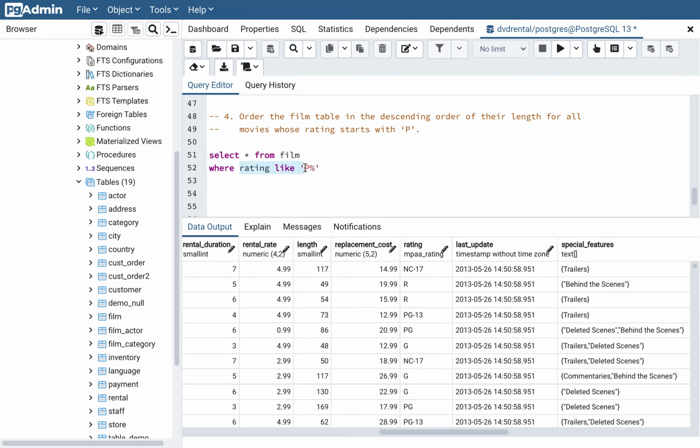And when we are writing this, we are trying to apply a regular expression to filter out the data. It is not able to identify because of this data type. So what we'll have to do is we will convert the rating column as a character column. So we'll say cast rating as varchar,